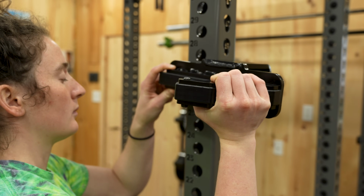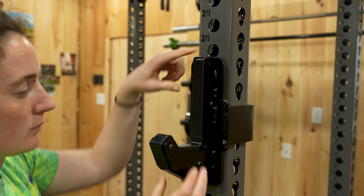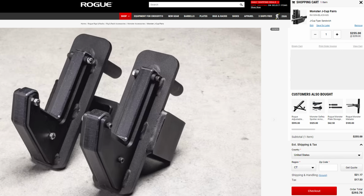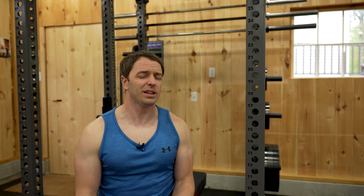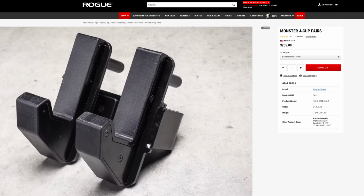Then there's the sandwich J-cups, which is what I have here and recommend getting. These are very well done and worth the $90 extra they cost if you order them with the rack. But I'm not so sure I'd be as happy paying $275 for them afterwards. And then there's the 2-inch sandwich J-cups, but I really don't recommend getting those because since the rack's already wide at 49 inches, you're losing space on the outside and inside of the rack when it comes to grip and